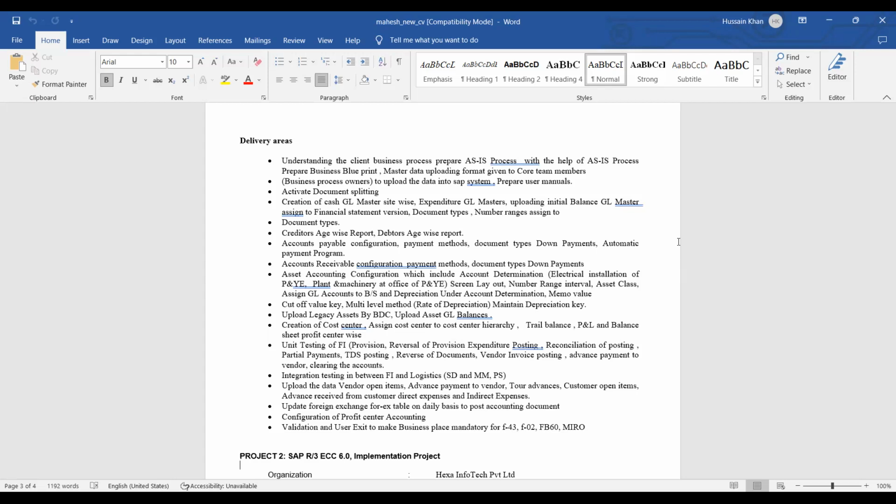What you need to do exactly is you need to write the complete points which are mentioned here under your SAP summary details, so that you are confident enough that these are the things which you are fully aware of, right? As in like how to create the cost center, how to create the profit center. You must have learned that in the class, so you should be knowing how to create it, right? Simply you just mention those points under the summary section, and you can upload the same in any of the job portals. So this was about how to create a CV, right?